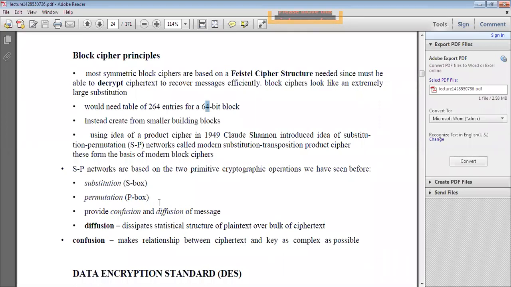In the previous case you already used the substitution technique. So whatever data you have, that data you replace with other data, or the letters are replaced with other letters. For that type of blocks you use substitution, that is the S box. Similarly permutation, that is the alteration. Both you can apply, the substitution as well as transposition, with the Feistel cipher structures. So substitution and permutation we have to use here.